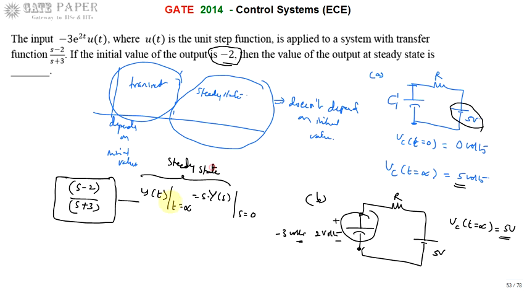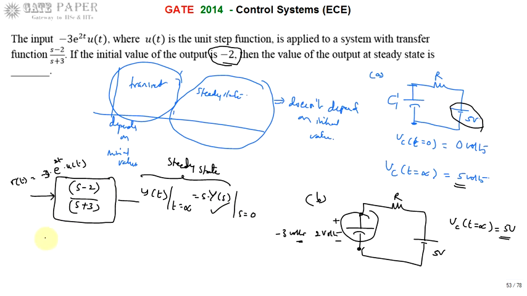The steady state value is the value at t = infinity, or at s = 0 when using s Y(s), which is simply applying the final value theorem. Steady state value means you simply apply the final value theorem to get the answer. So what is the input you are applying? The input is r(t) = -3 e^(2t) u(t). We will use the s Y(s) equation because the transfer function is in the s domain, so we prefer to apply the final value theorem in the s domain.